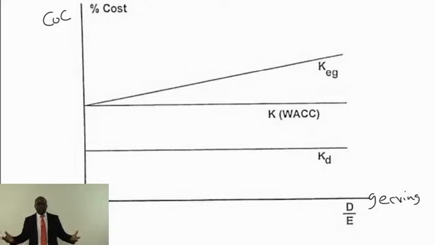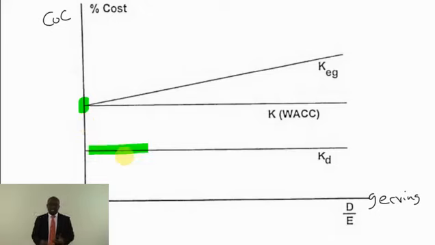equity, I face only business risk. Equity holders will demand a return to compensate for only business risk. At that point, your WACC is the same as your cost of equity, that one cut across. If I am going to raise money by way of debt, that debt is cheaper, so this is my cost of debt. But just as the traditional people said, the moment you bring in the cheaper debt, you have to save money. But by bringing in the cheaper debt, you have introduced financial risk.